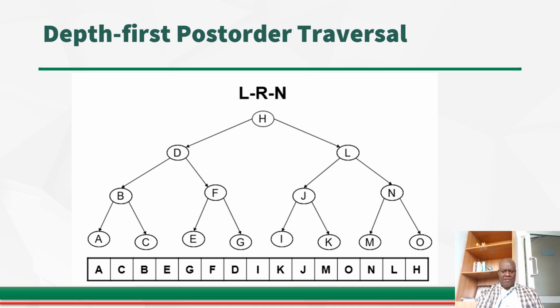You come to where you have H. You have gone to the left. You now come to the right of H, and that is where you have L. When you have L, you go to the left, which is I, you come to the right K, you visit the node. You come here again, you are not having any left again, you go to the right. When you have the right here, you go to the left M, you go to the right, you visit the node. Then you come back, you visit L, you come back, you visit H. That is for